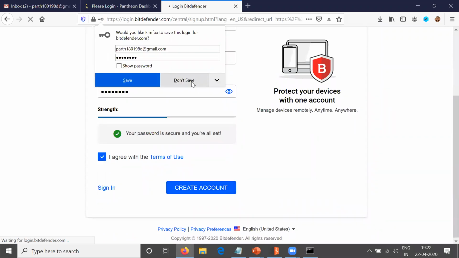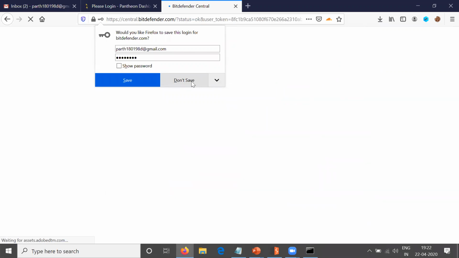So first you have created the account. Now you will be asked whether you want to set a 2FA or not, or if they don't ask, you will set it because you need to secure the account, right? Sorry for the slow internet connectivity.